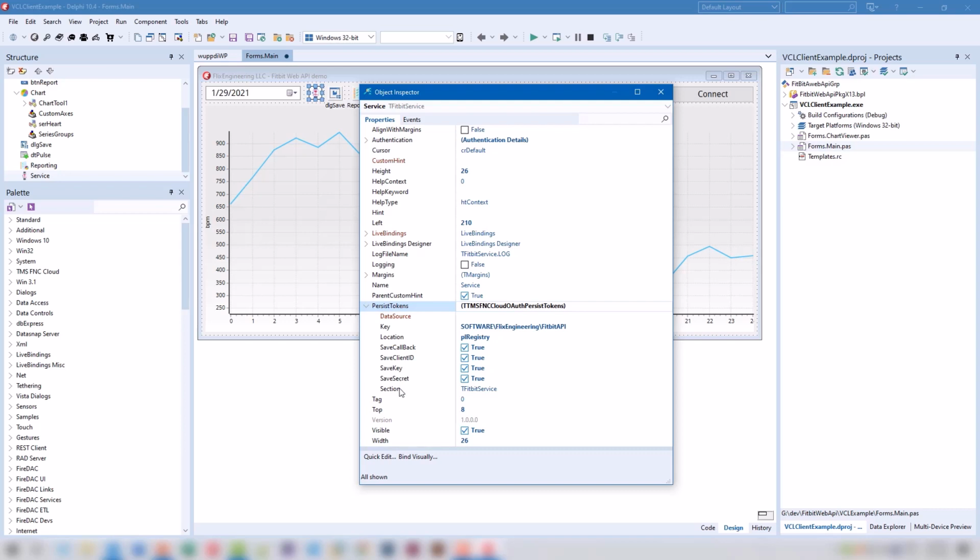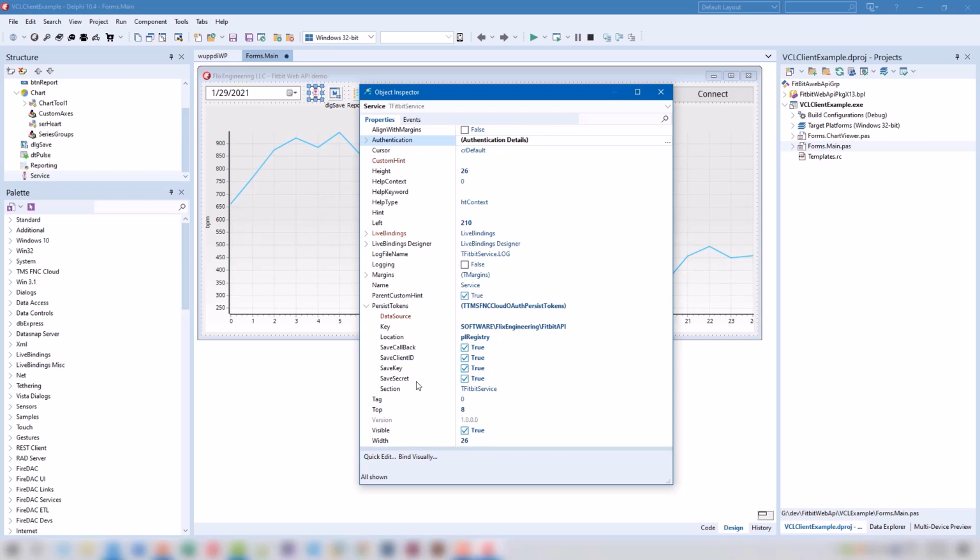For example, there might be some law prohibiting you to save the secret key inside of the Windows registry or in a certain database, so you can individually choose which of your authentication information is being saved in the registry. But not only the authentication information is being saved, in particular, you store the information that is being retrieved from the web API. That means the access token and also the refresh token, and all those things are being stored.